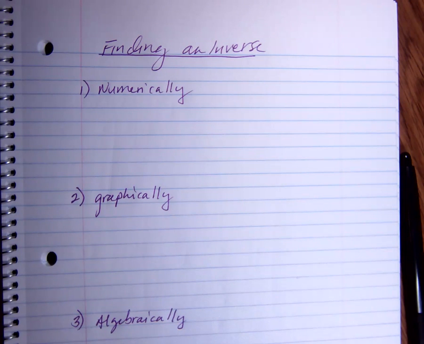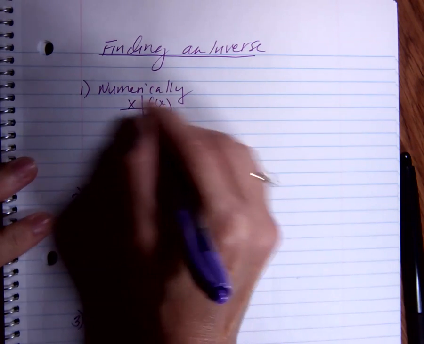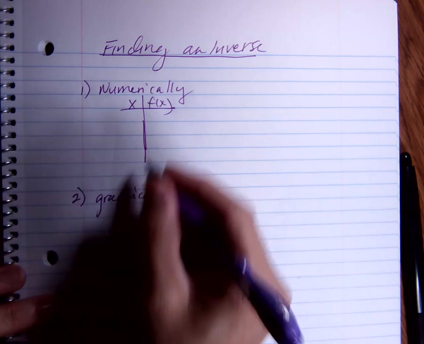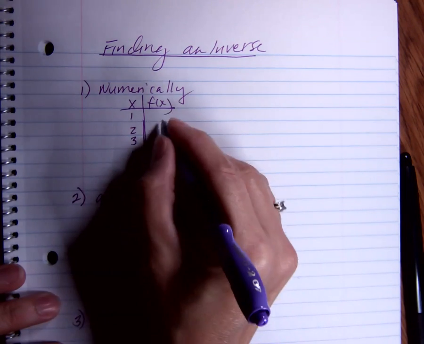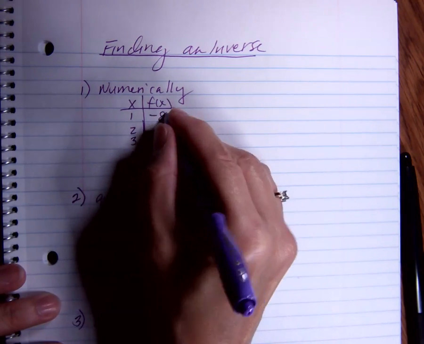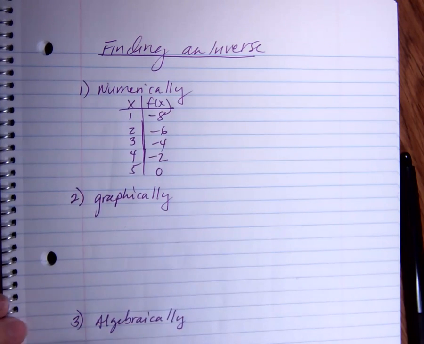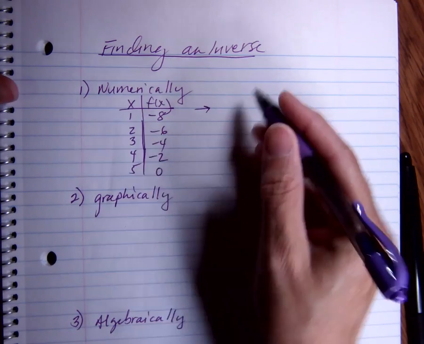Now we're going to run through some examples of actually finding an inverse, given information numerically, graphically, and algebraically. So let me start with a t-table. Let's say you were given a set of numbers or a set of ordered pairs, like 1, 2, 3, 4, 5, and maybe they have outcomes of -8, -6, -4, -2, and 0. So if you're asked to find the inverse, then as we discussed in our last example,